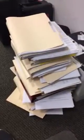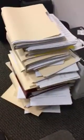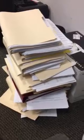Okay, this is Jason Liu, Inside Program Manager at Ohio State University. This is a gigantic pile of paperwork. I am going to be going through this to kind of...